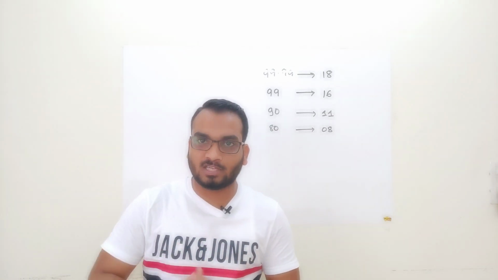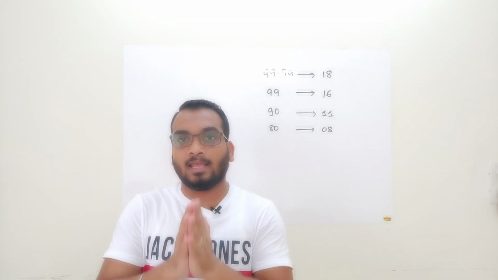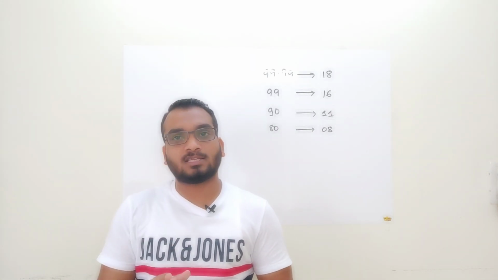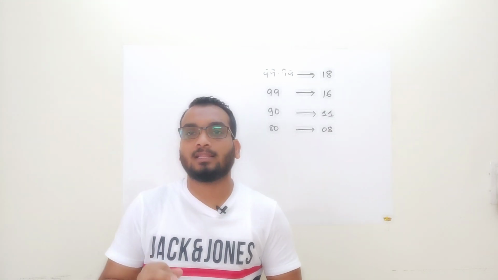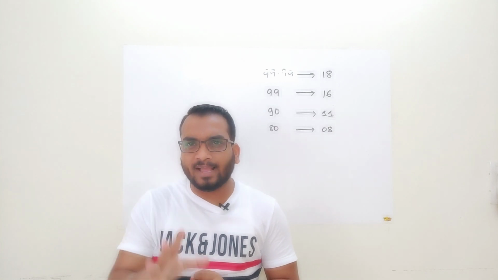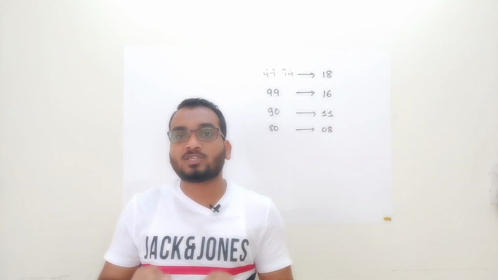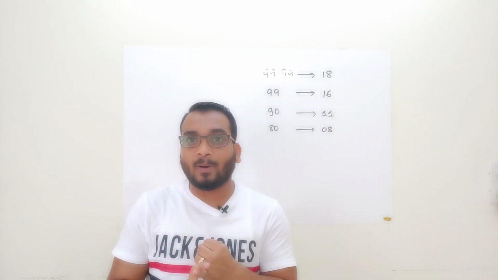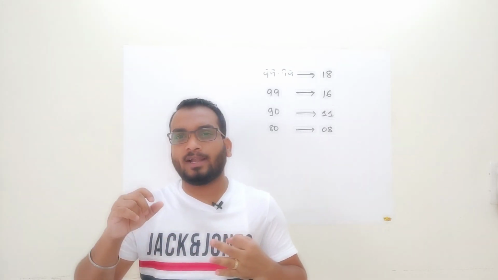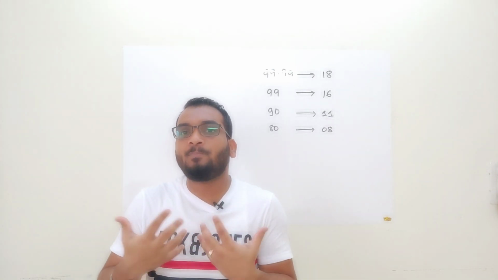Now, there is an obvious question that you want to ask. But sir, we have heard that CAT doesn't have calculation-based DI. That's true, but it's not 100% correct. CAT does have calculation-based DI, every year. In 2017 you had roughly 1 or 2 sets based on calculation. In 2018 you had roughly 3 sets based on pure calculation. You had one pie chart based on calculation. You had the ATM question based on calculation. You had the chess question based on calculation. So all these things involve a bit of calculation.